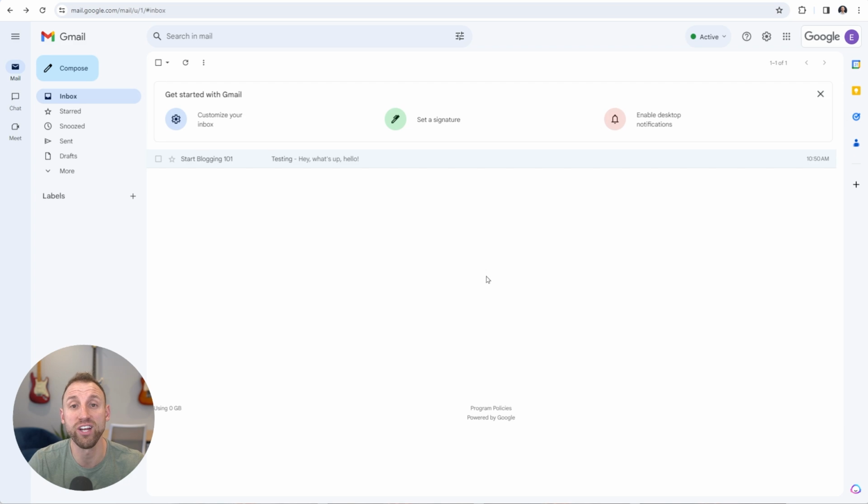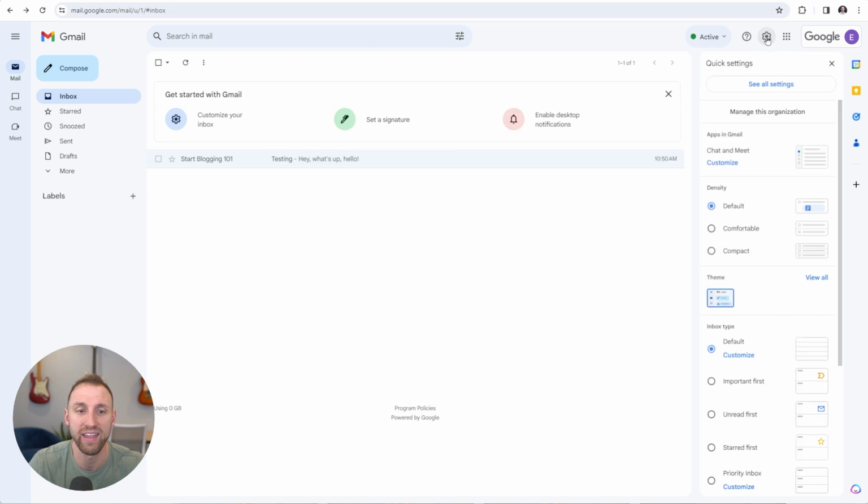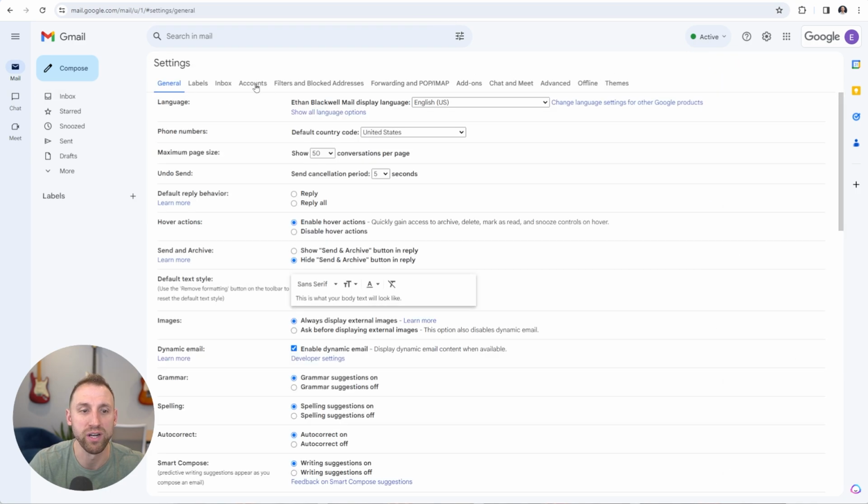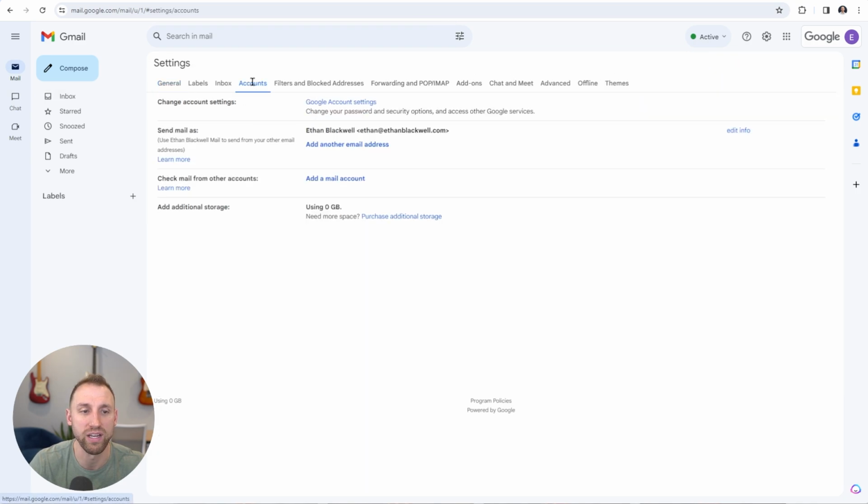And then one little trick here that I want to show you that will definitely help you out is I'm going to come up to the settings wheel in the upper right here and click on that. And then there's an item right under here that says see all settings. So I'm going to choose that. And then there are all these tabs up here. And so if you click on the accounts tab right here, there's an item that says send mail as, and